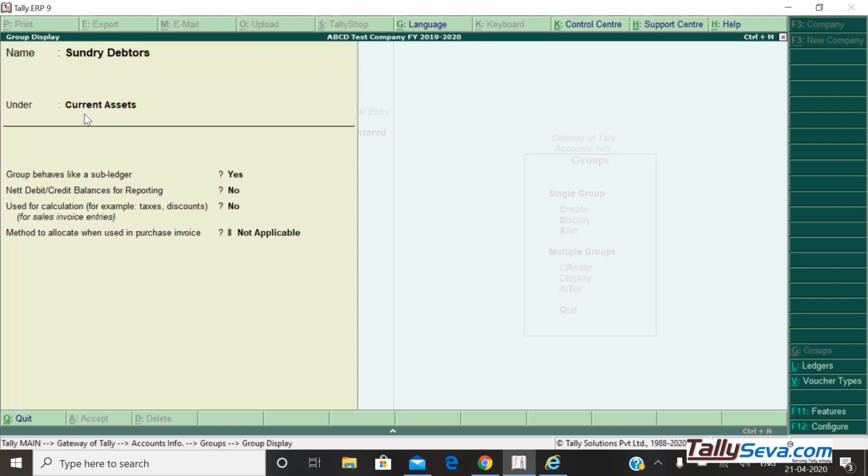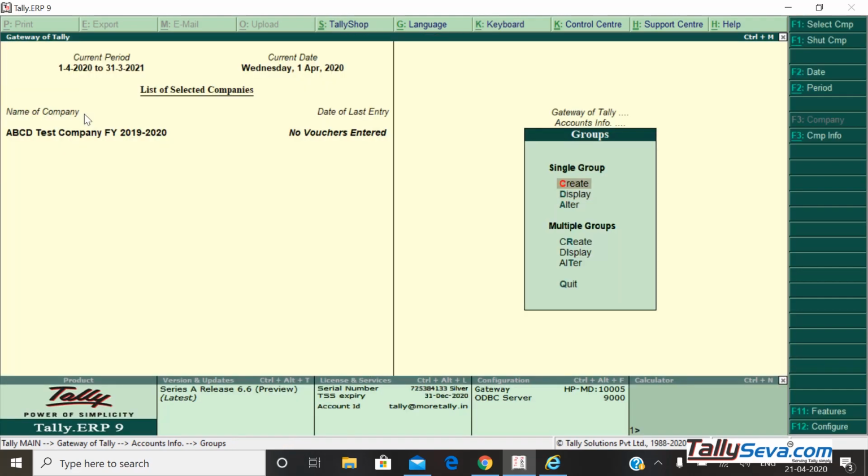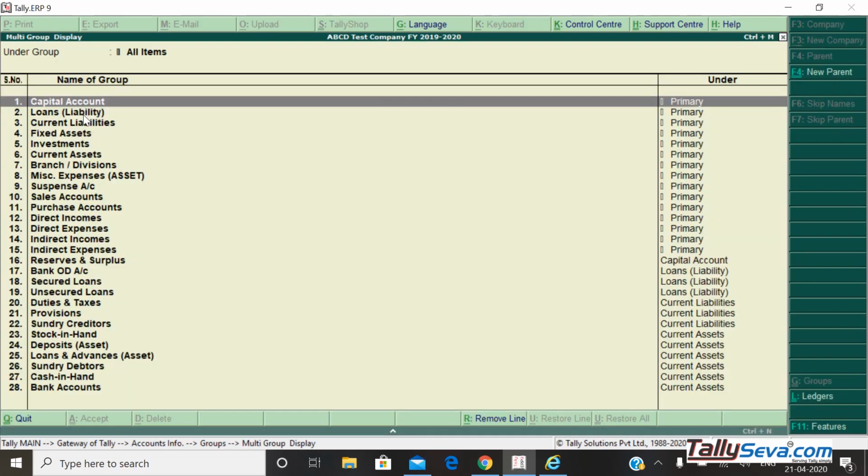So in this case we need to create a grouping. I'll show an example. In the display list of all groups, there are no groups for south customers or north customers. For that we need to create them.